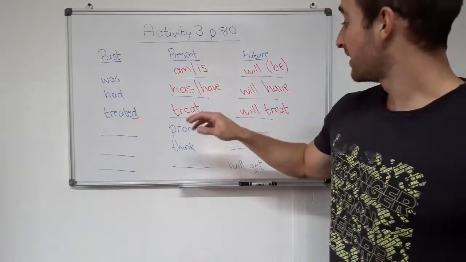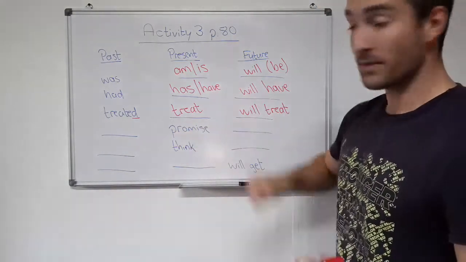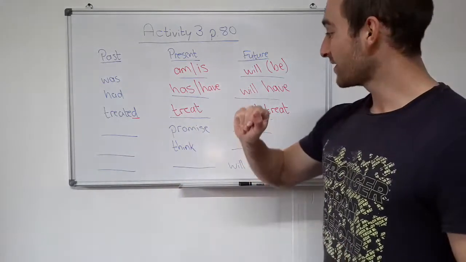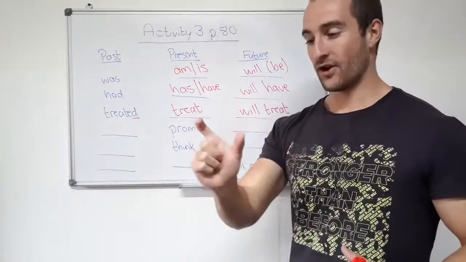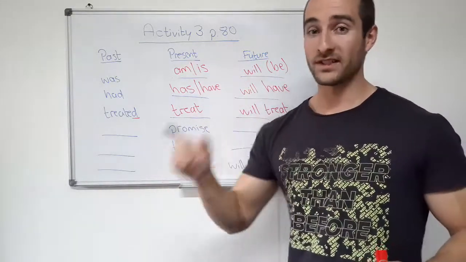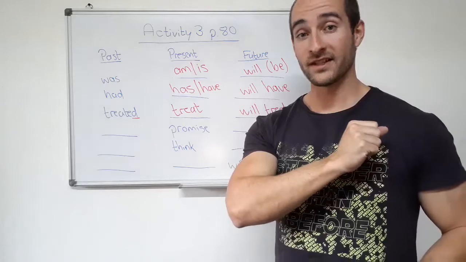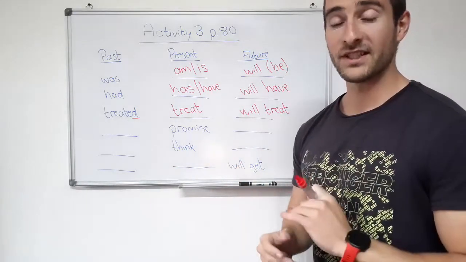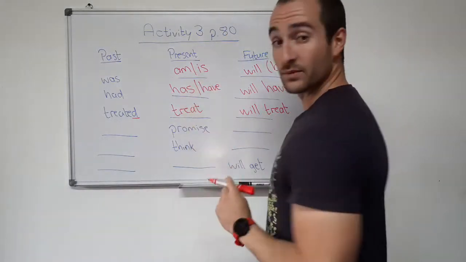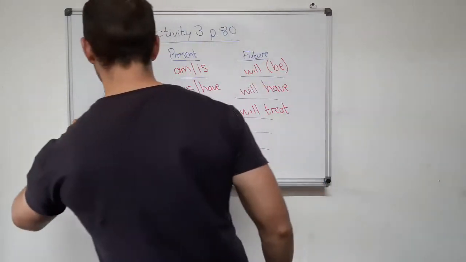Okay. Next, in your textbooks, you will see it says promise and promises. So that's just showing you the different versions of the word. So first of all, promise is for plural things, promises is for a singular thing. But it doesn't matter really for this activity. We are talking about tenses, not if something is singular or plural. So promise will change to promised,